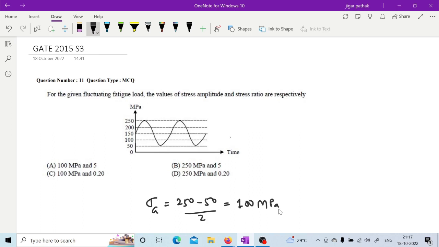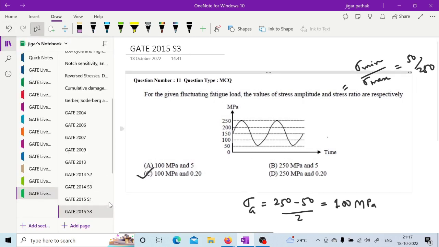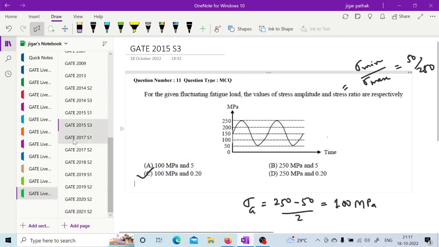Now what is stress ratio? Stress ratio is sigma minimum by sigma maximum. So what is this? C, sir, 0.2. 0.2, huh? Okay. Yes. So C will be the answer. Okay. Now next is,